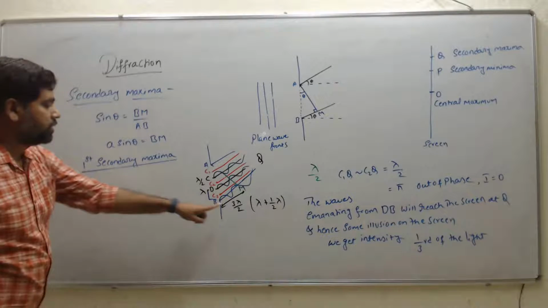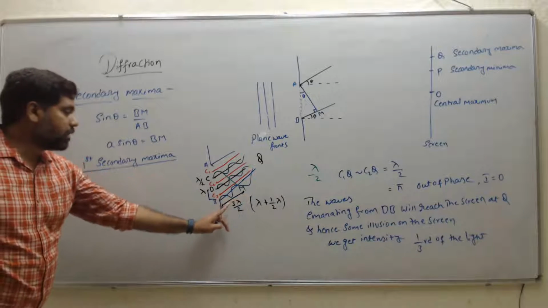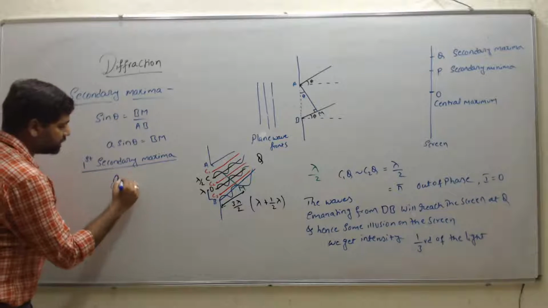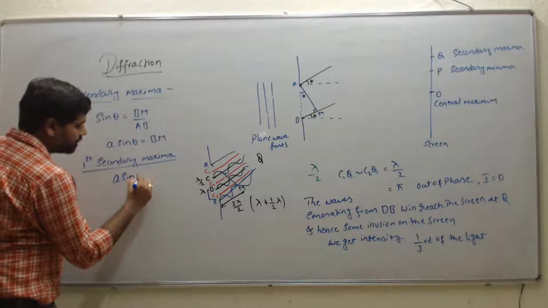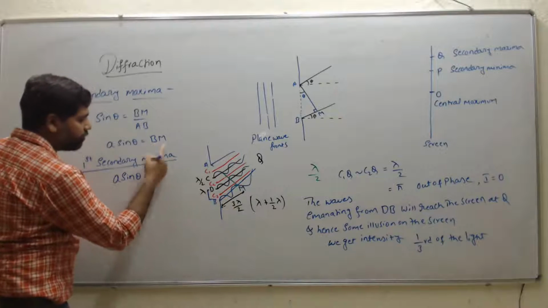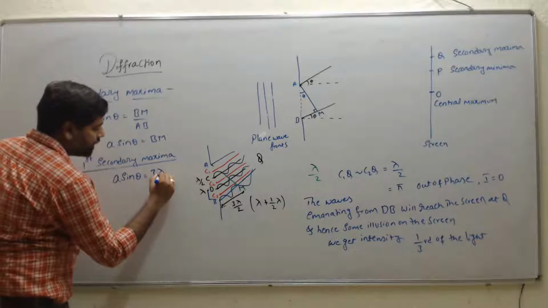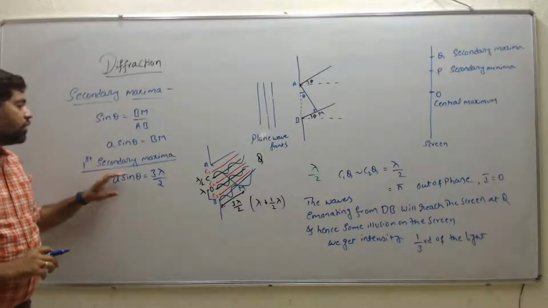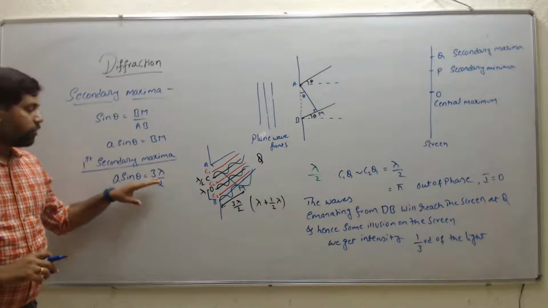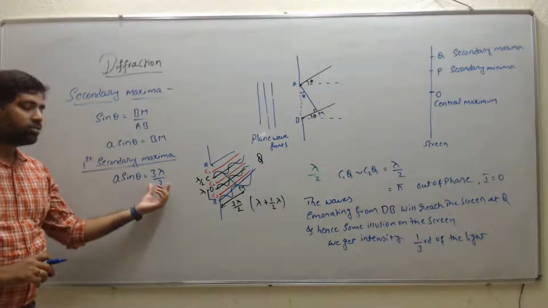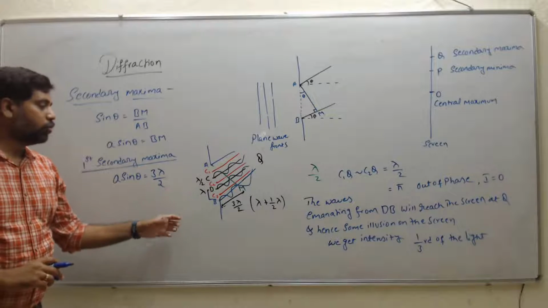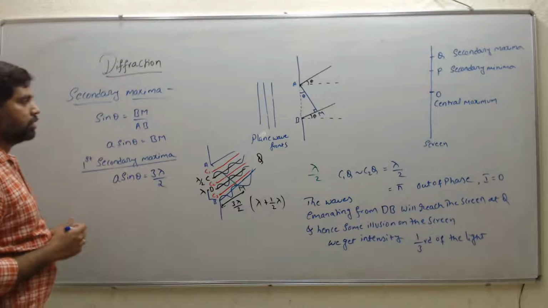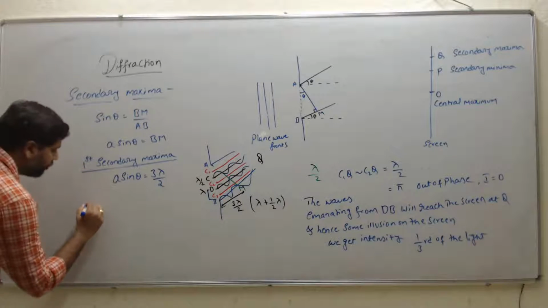For that case, when the path difference is 3 lambda by 2, then only we are getting the intensity. Then we can write a sin theta equals, here the value is how much? That is 3 lambda divided by 2. Right? So this is for the first secondary maxima. For the first secondary maxima, a sin theta equals 3 lambda divided by 2. That is for the waves only coming from D and B. Right? Similarly, if you find for the second secondary maxima,